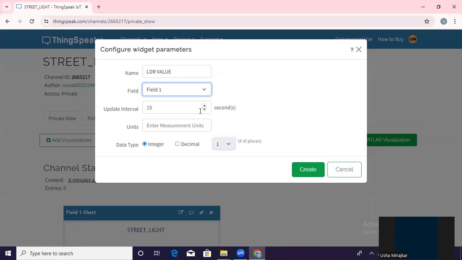That is, the value will change after 15 seconds whenever the input changes. It takes 15 seconds to change the value. We can increase this, but the default is 15. Next, the type of the data here, we'll select decimal, and the places as 2 places. Now create.